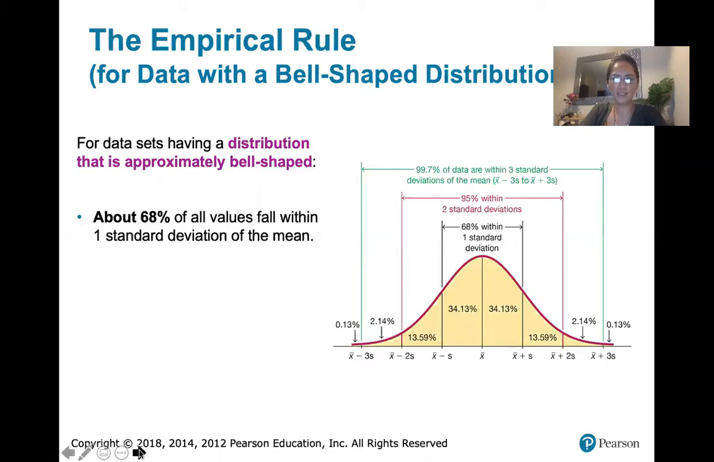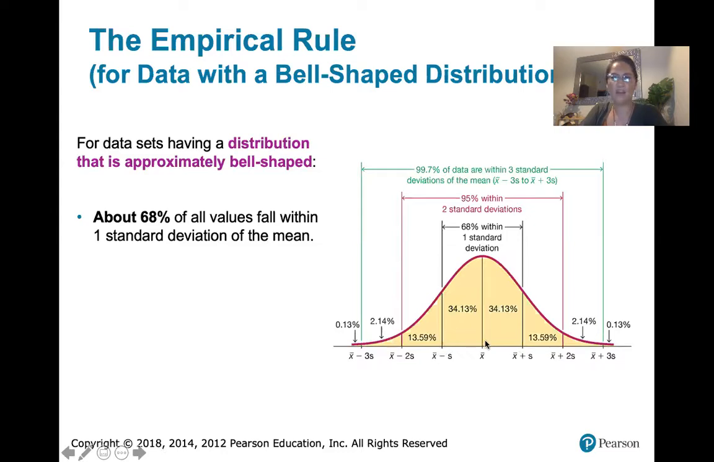Here's how it works. If you have an approximately normal distribution, 68% of all of the values will fall within one standard deviation of the mean. So the mean is right here. And if I add the standard deviation and I subtract the standard deviation, 68%, or a little bit more than 68% of those values will lie within that one standard deviation of the